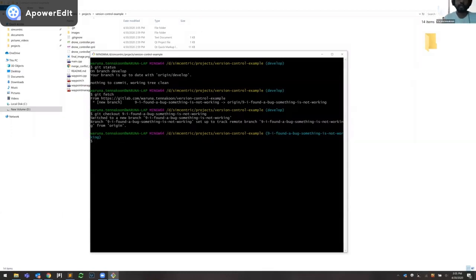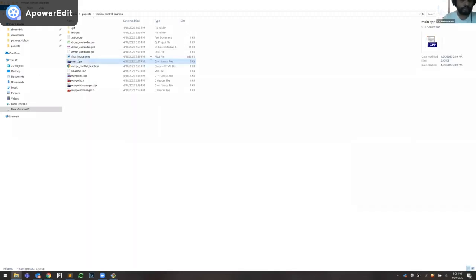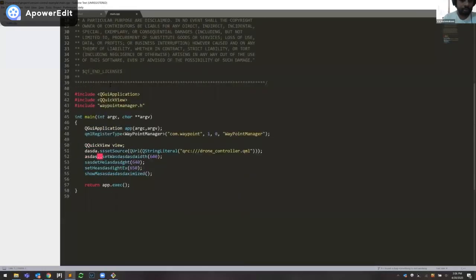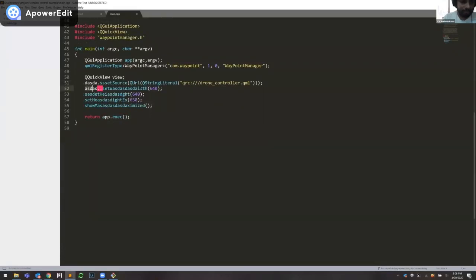So now it's time to actually make some changes. Maybe let's pretend that we fixed this bug. So let me open up something here, maybe the main.cpp. Okay, let's say obviously there is a bug. So let me delete this thing. Save. Practically this could take several commits and several code line changes.